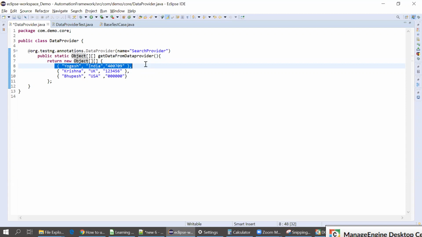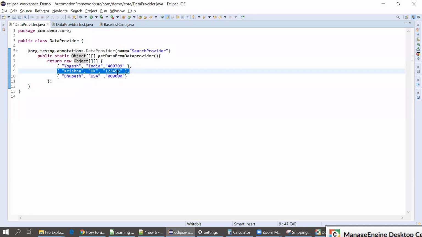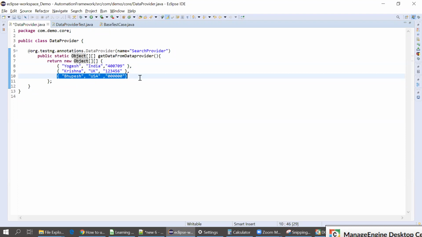Actually, in the backend, it might use the stream concept from Java 8 or Java 9. When data is consumed, it will just remove that from the list and look for the next one. When this test case is executed for the second data, it removes that and looks for the third one, like that. It's a stream concept in Java 8, with lambda and streams. That concept can be used internally in this data provider.